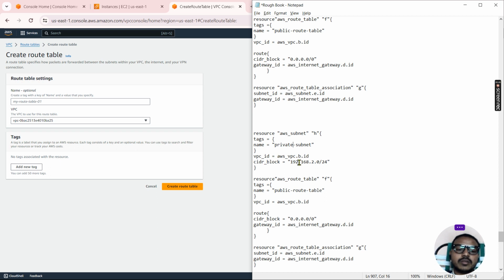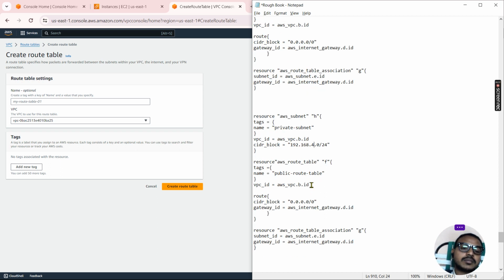VPC ID, VPC ID, okay. Here also you need to change the CIDR. I give 2 there, I will give 4 here. So it will accept. Then resource